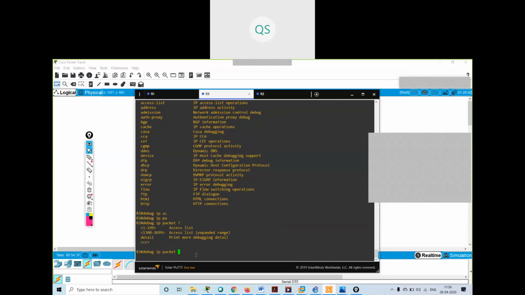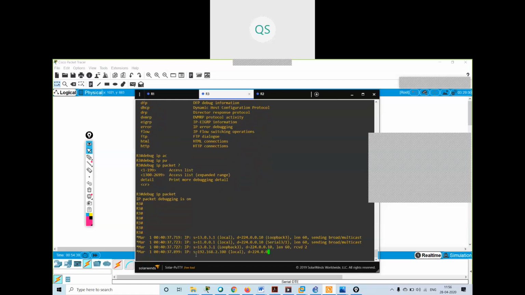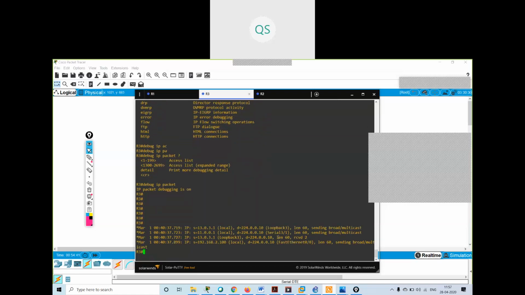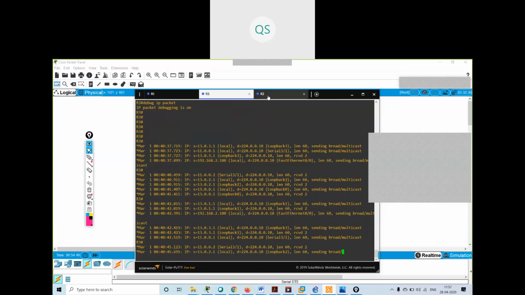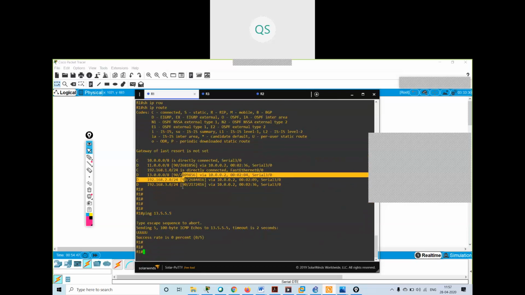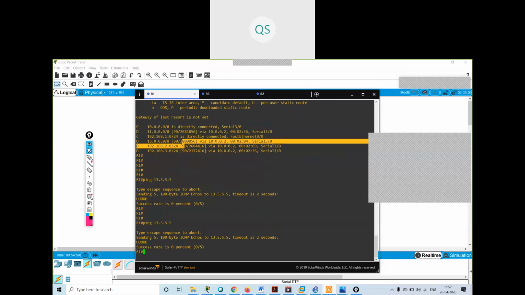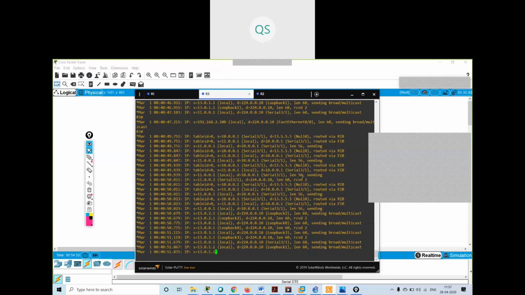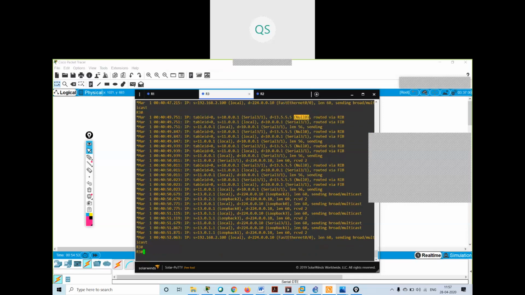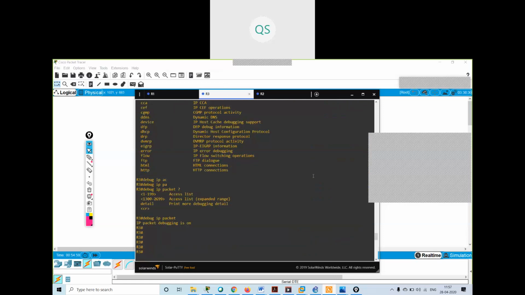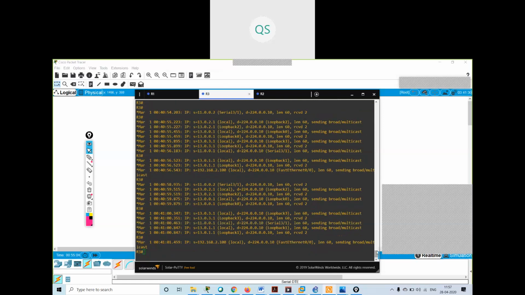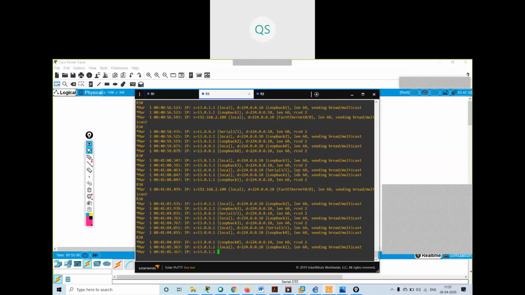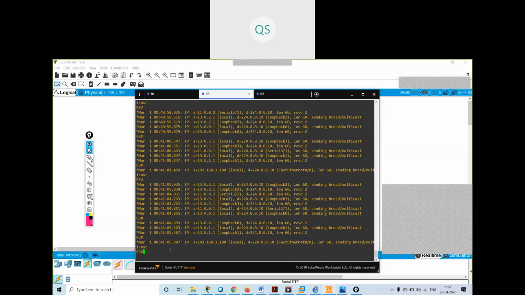When I give debug IP packet on, all the packets will be debugged. And when I start a ping from here, it will send a message that the serial interface has sent this entry to null zero. See, this will be continuous debug messages.